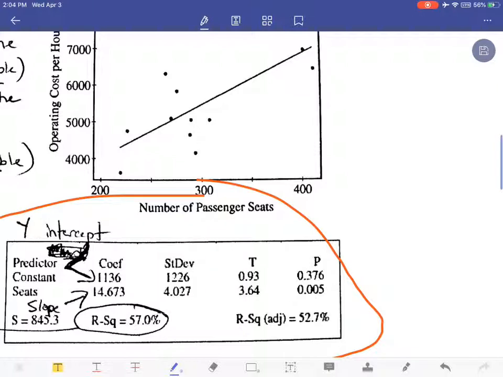So I know there's a lot of numbers on this, but the ones that I drew arrows to, those are the ones that you need to know. So this number on the bottom, that first column, bottom number, that's going to be your slope for your regression line. So if I'm writing out my regression line, remember we put that hat over the y because that's notation for prediction. We have